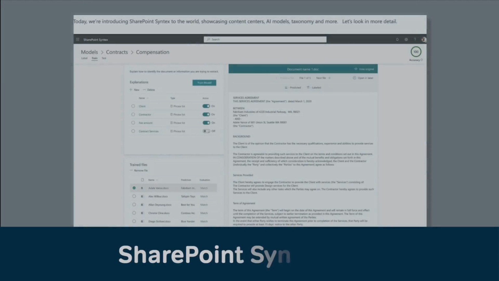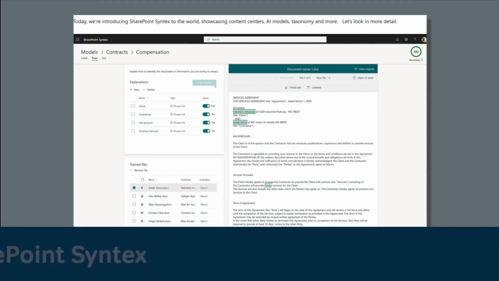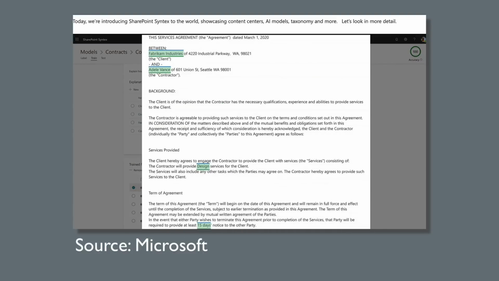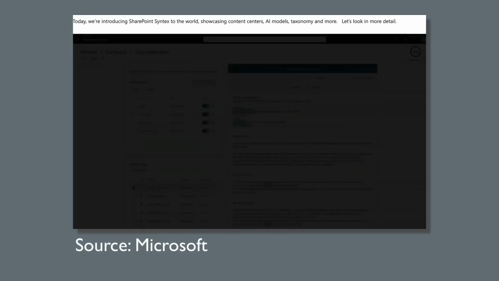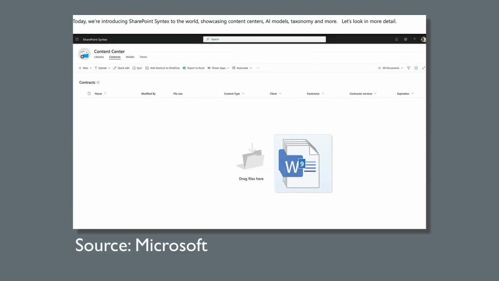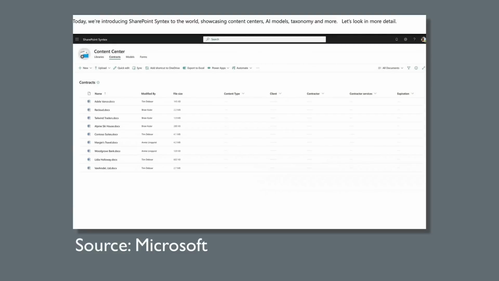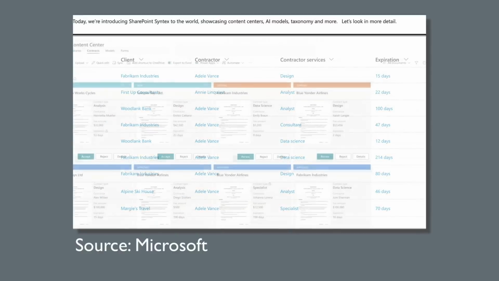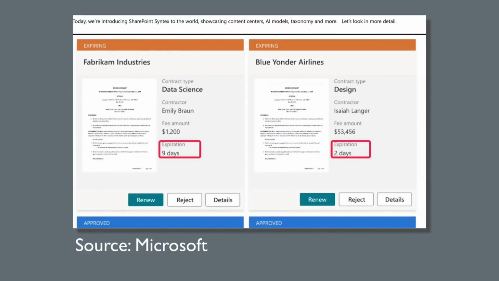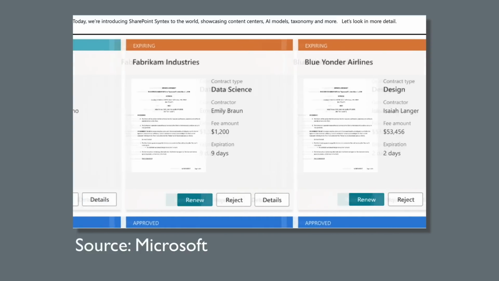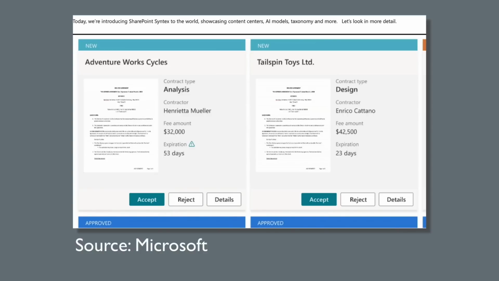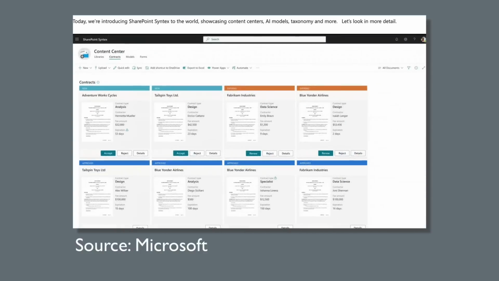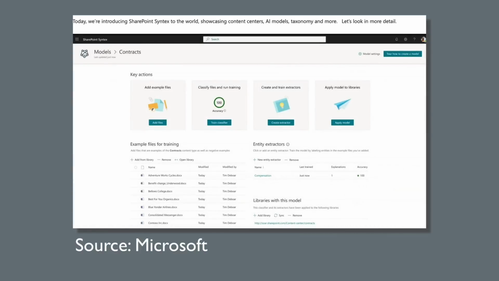Now for some new features for SharePoint. According to Microsoft, SharePoint Syntex is a new service that will use AI and machine teaching to automate the capture of metadata from the documents you store in Office 365. You'll be able to teach Syntex to recognize and extract parts of your documents and use that information to categorize or integrate with other apps and services like Search or Power Automate. Syntex also has new features for managing taxonomies and content types in SharePoint. This feature is available now but requires a Microsoft 365 Enterprise or Academic license and must be purchased as an add-on.